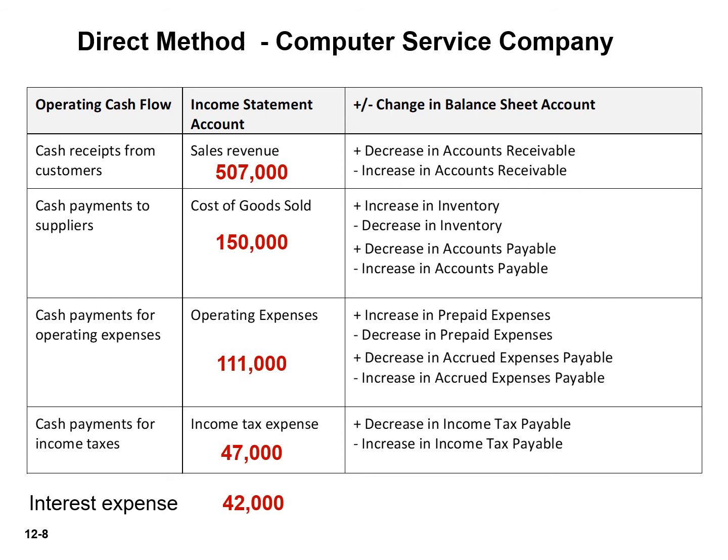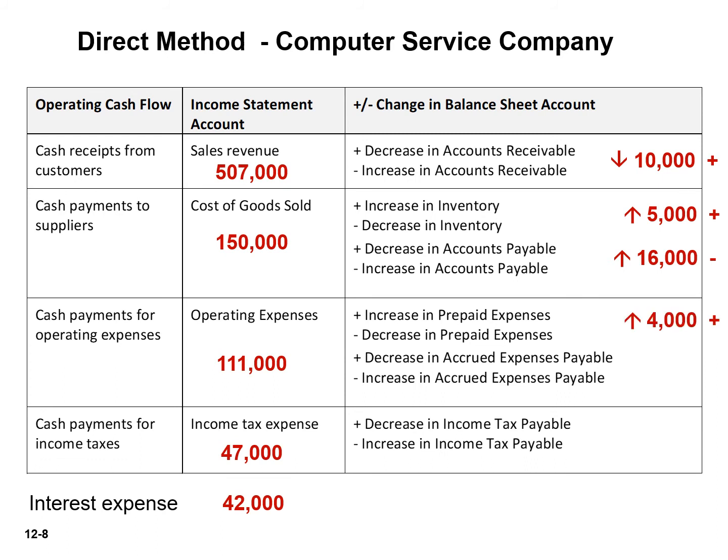So let's start with our accounts receivable. If we look at our comparative balance sheet, we know that our accounts receivable decreased by $10,000, which means we want to increase our sales revenue so that we arrive at our cash receipts from customers of $517,000. All right, let's take a look at our inventory. We know our inventory increased, so we want to add that to our cost of goods sold, but our accounts payable increased, and that actually reduces our cash payments to suppliers. Again, if you take $150,000, add $5,000 and subtract $16,000, you're going to arrive at cash payments to suppliers of